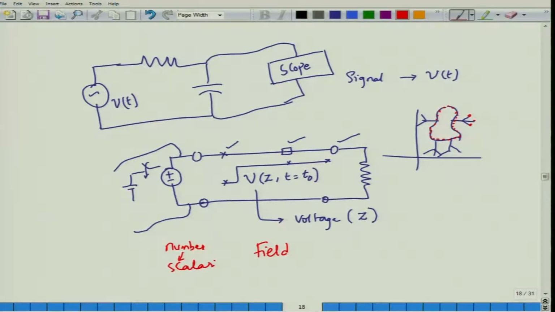So temperature at different points on the body is a scalar field, because it is varying with respect to the points on the body. So it's varying with respect to the position. And in the case of a transmission line, the quantity that we were interested in was a voltage. Again, voltage is a scalar quantity, because you don't say voltage at 30 degrees with respect to north.